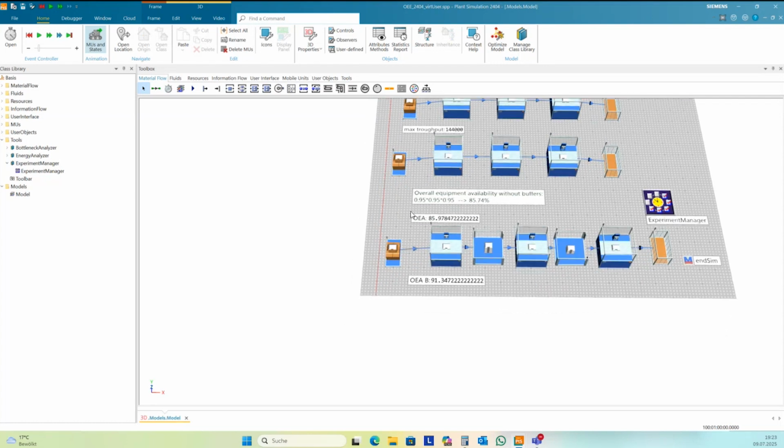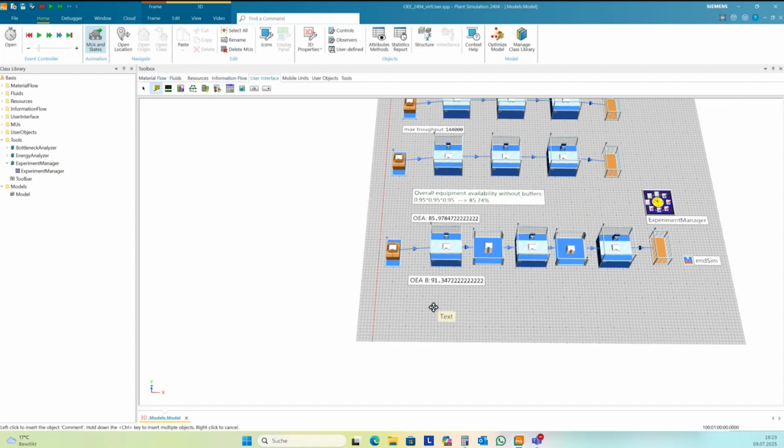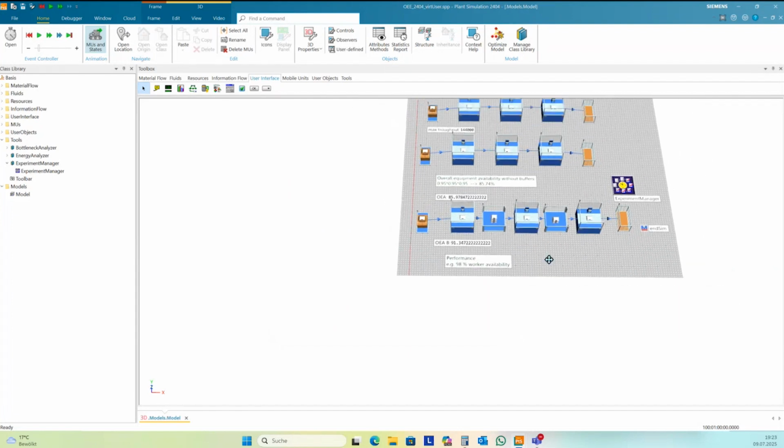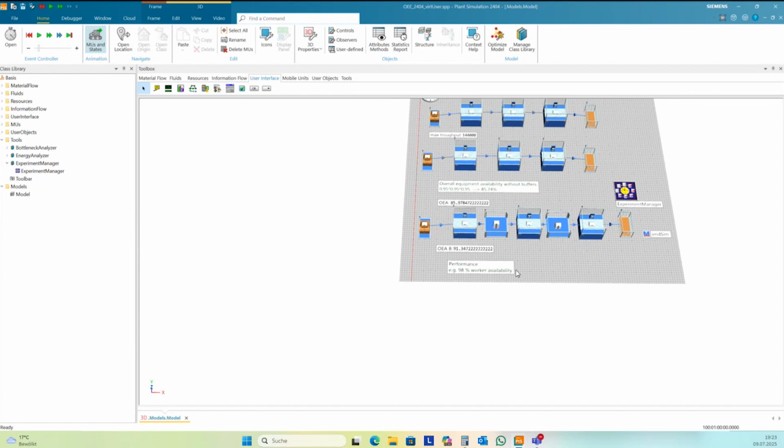I want to make loss through the worker, and so okay, very important is you need to measure this performance without the influence of the availability.